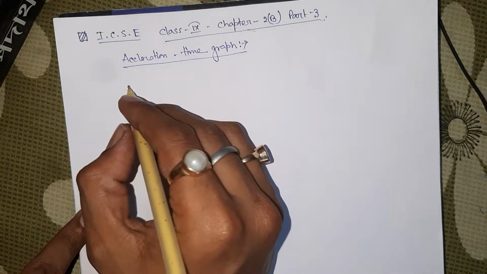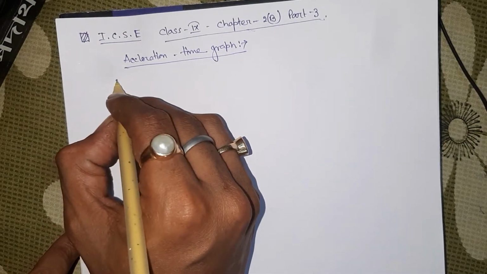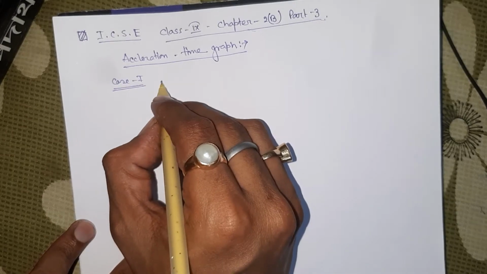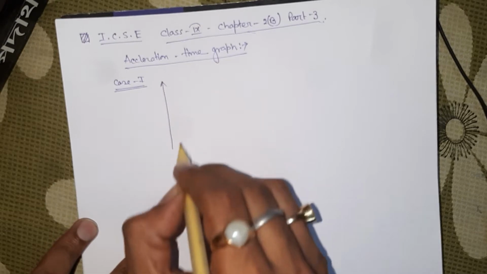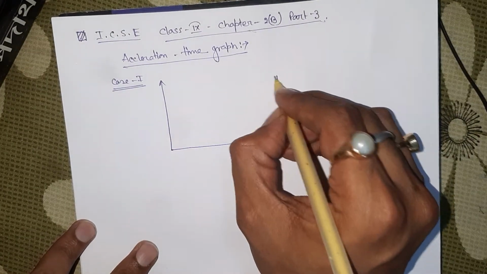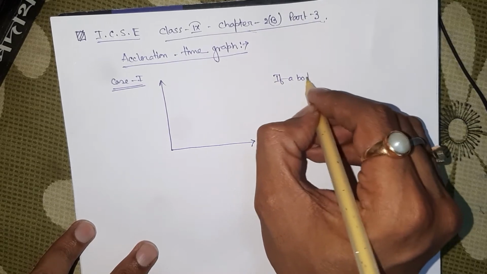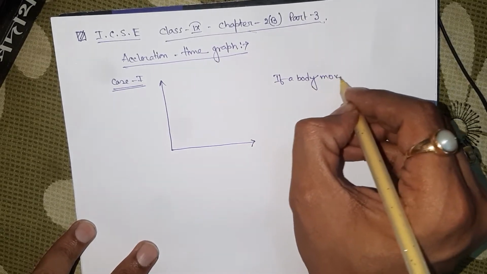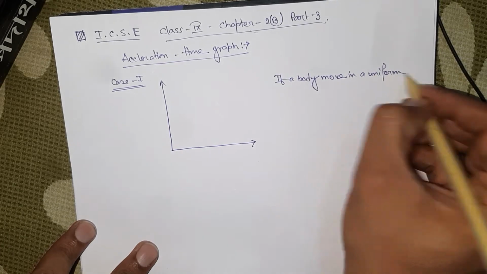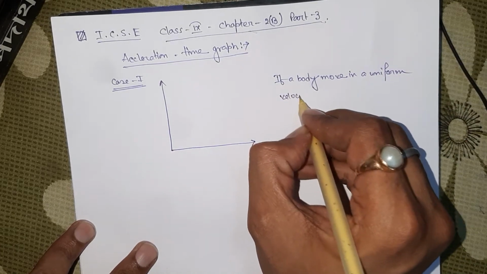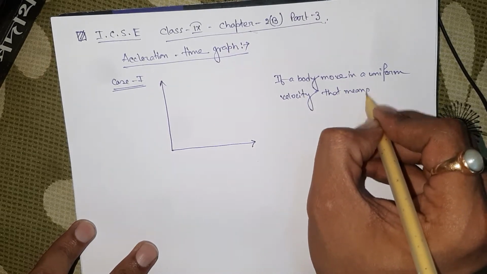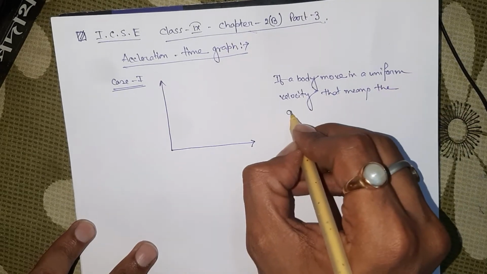অ্যাক্সিলারেশন টাইম গ্রাফে মেনলি 3টে গ্রাফ আছে। ফার্স্ট কেস 1, কেস 1টা হচ্ছে if a body move in a uniform velocity, that means the acceleration of a body